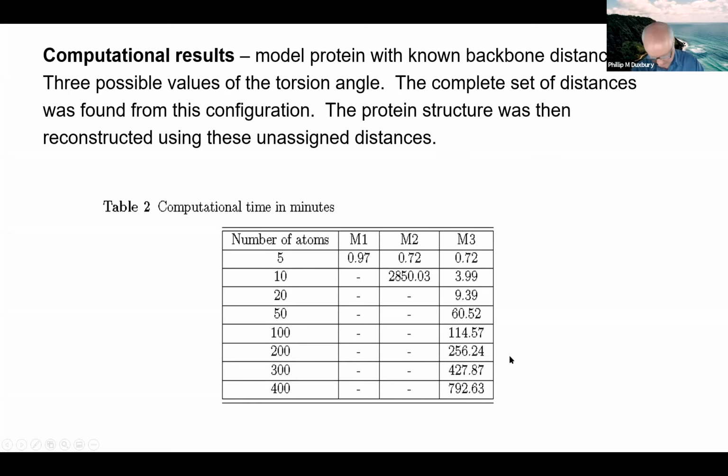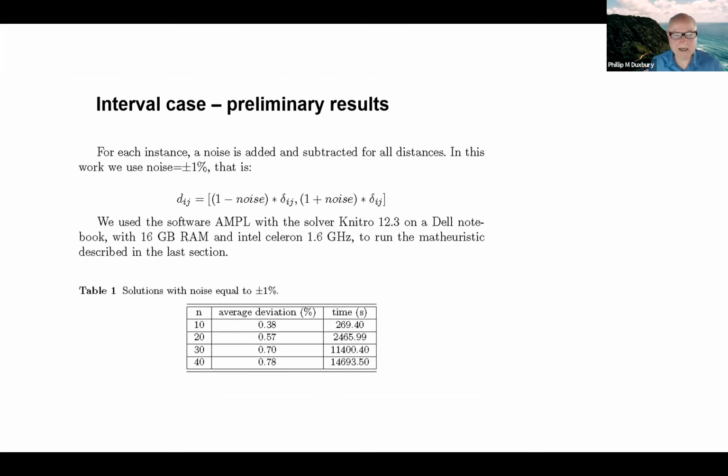We haven't yet run it on the data from the buckyball, but that will be something we want to try next. And to do that, we need to have something to do with errors. And so Louise recently has been able to extend the method, having an interval of noise, which has a 1% deviation either side. And here's what he did. He used AMPL with a solver, on a Dell notebook. And what you can see from this is that even with this, what might be considered rather small noise, 1%,